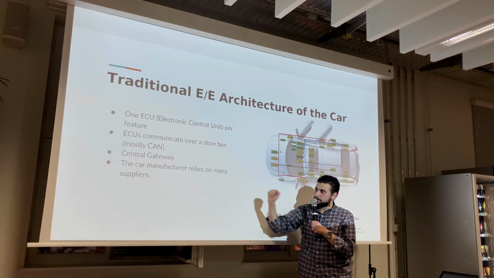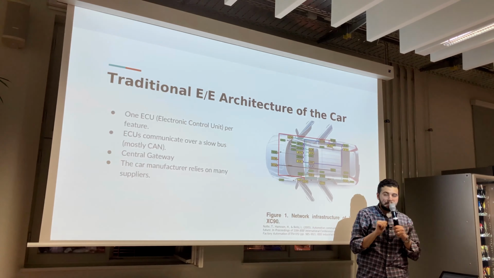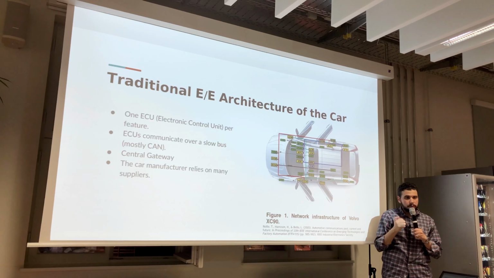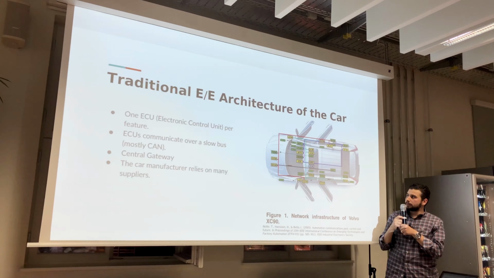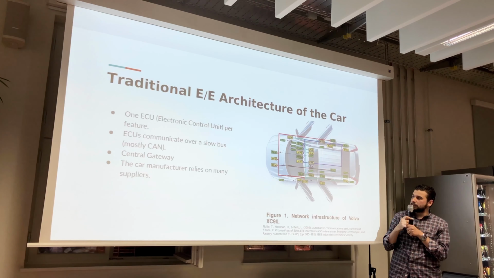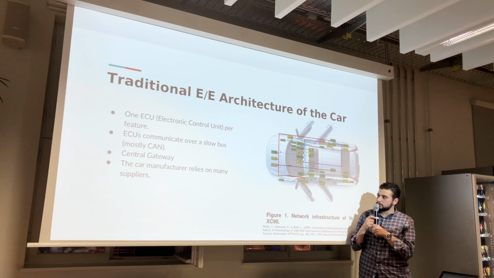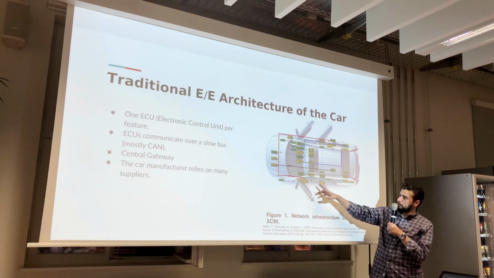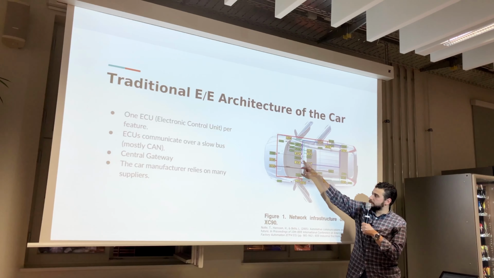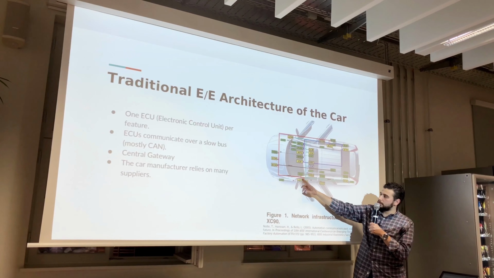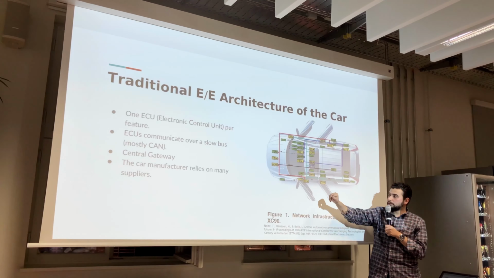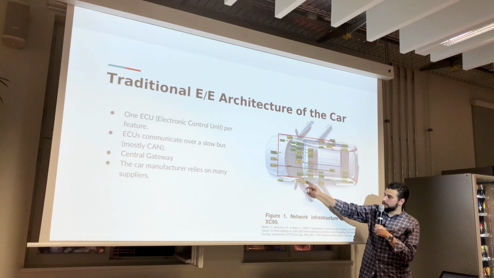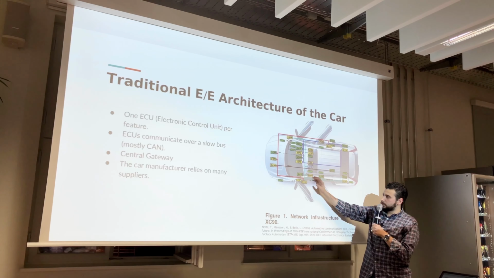The major bus that's used a lot is called the CAN bus. It's a low rate bus, 125 kilobits, or maybe up to 500 kilobits per second. And this architecture relies on a central gateway. Here, we can see this green bus is a low-speed CAN bus, and the red one is the quicker one, or the high-speed CAN bus, and there's a central ECU that actually gateways between this world